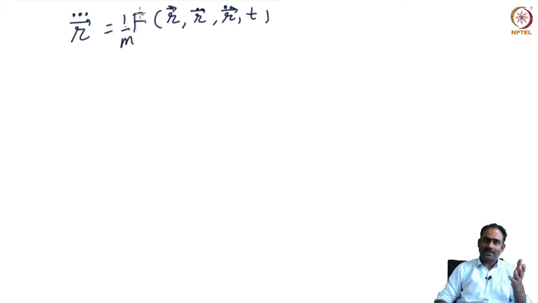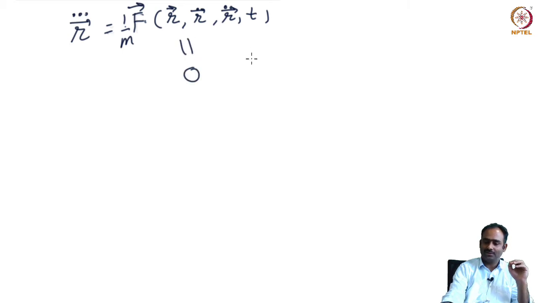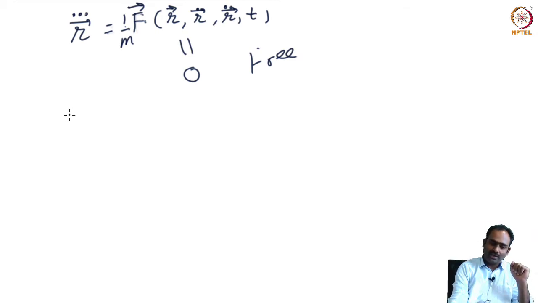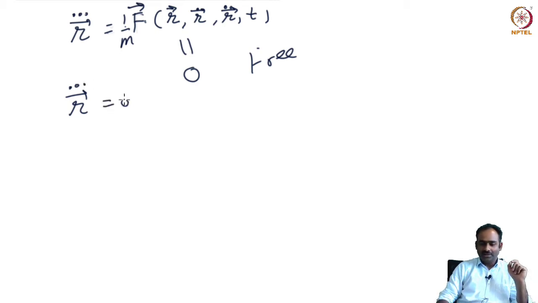Let's say we take a particle which is free, there is no force acting on it, so I can put down the F to be 0. By free I mean no forces acting on this one. Then you have r triple dot equals 0. Now if you write down the solution of this equation,